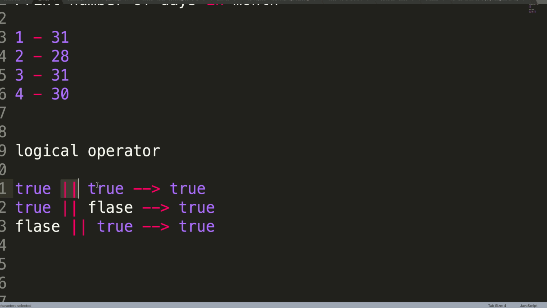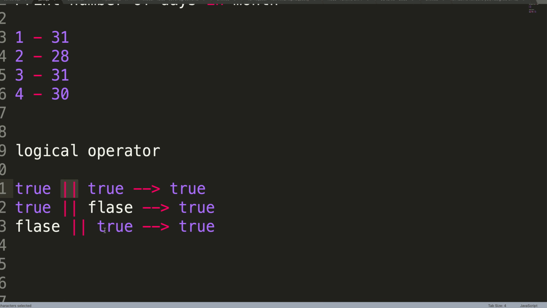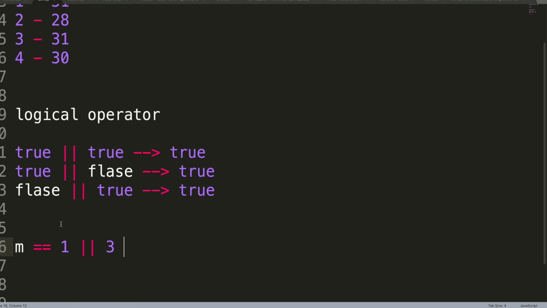In this case, let's take only two parts of the entire thing and paste it here. There is a check over here, which is very fair.